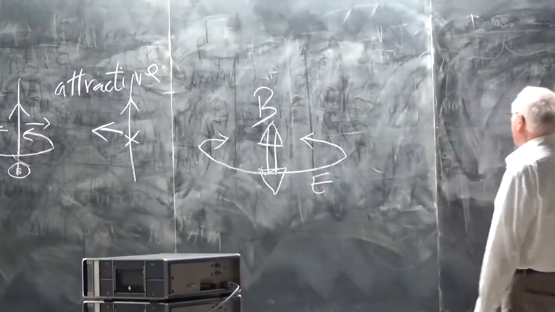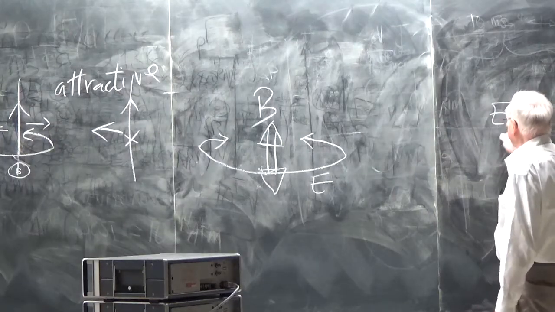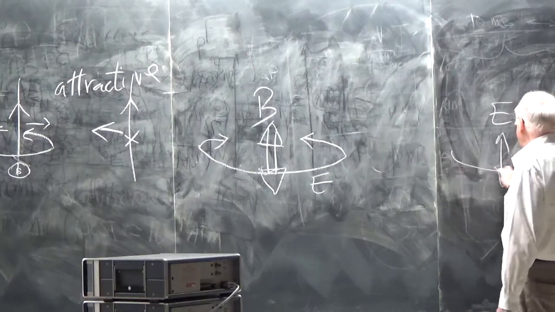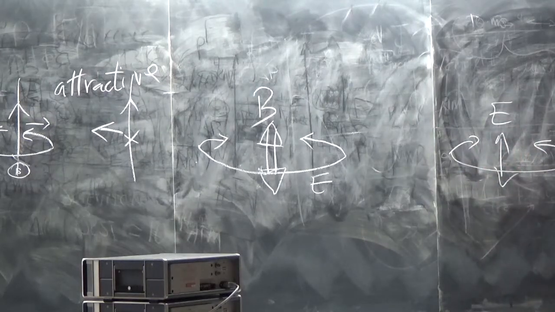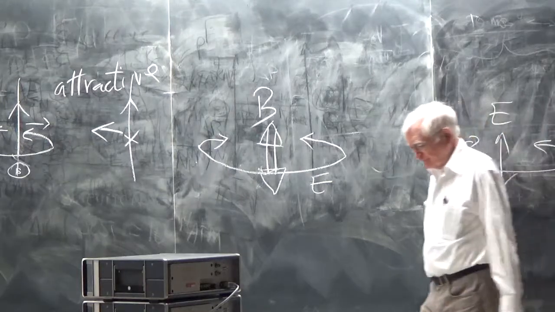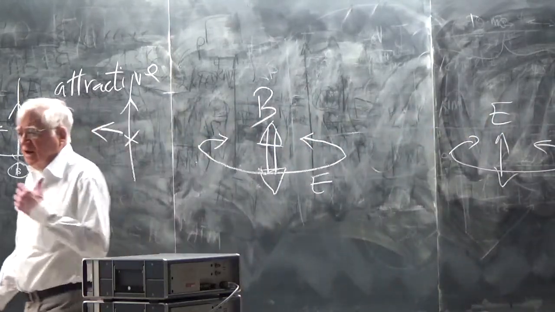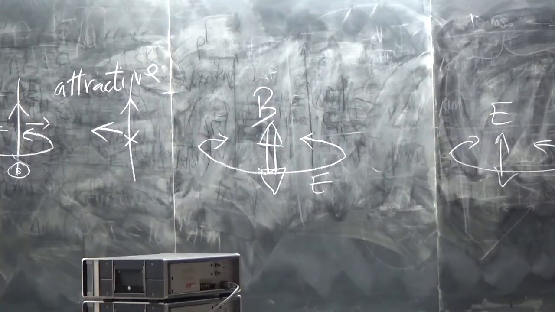The same thing is true if you have an electric field that's going up and down. This creates a magnetic field that circles the electric field and goes up and down. And in this way, high-frequency electric fields make high-frequency magnetic fields, which make high-frequency electric fields. And it's this effect that causes electromagnetic waves to propagate.